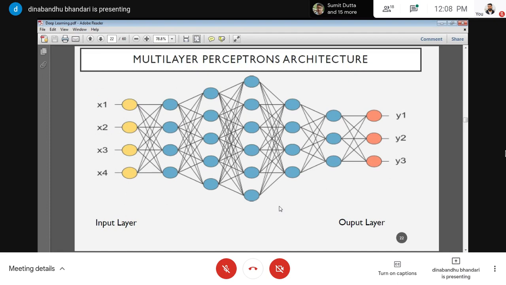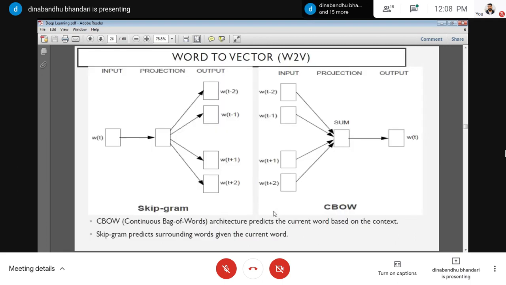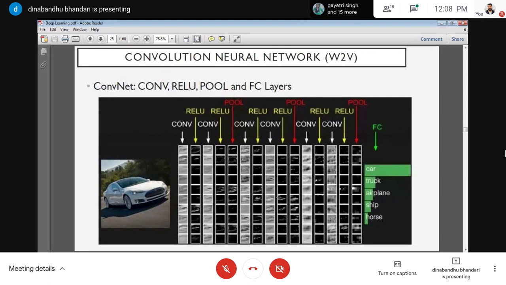It does not work. Instead, can we reduce the number of weights so that learning will be faster? And that's why people came up with a concept called CNN. I'm not talking about word to vector, you can see the word to vector concept separately. This is the CNN, I'll talk about that. CNN is a very famous concept,